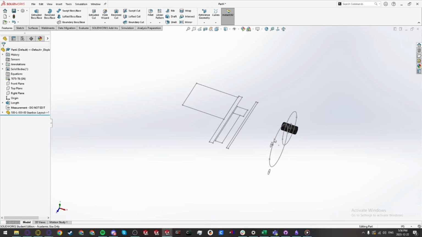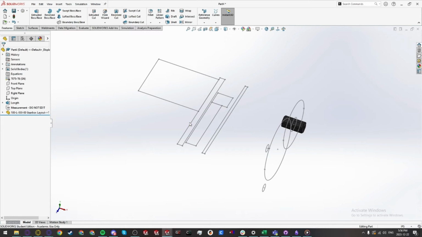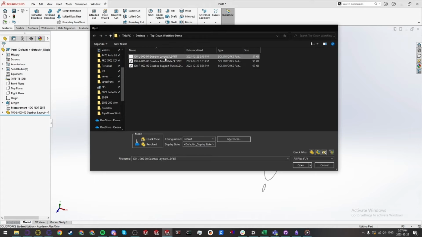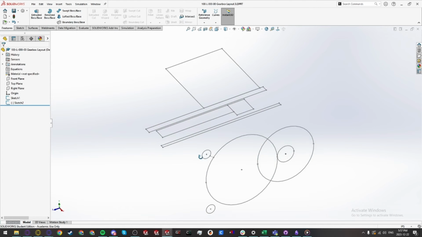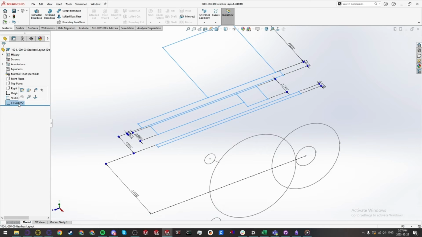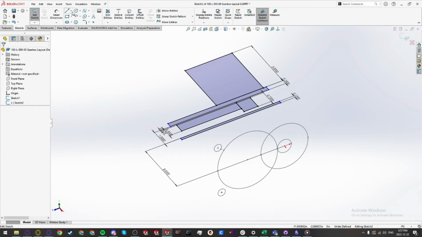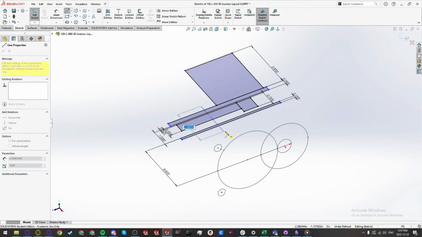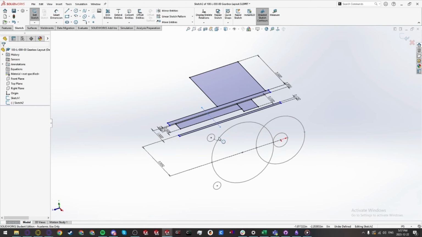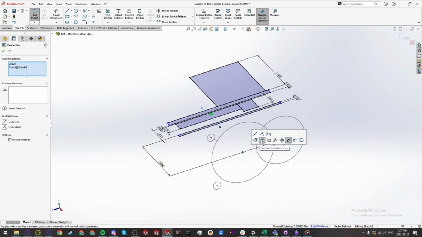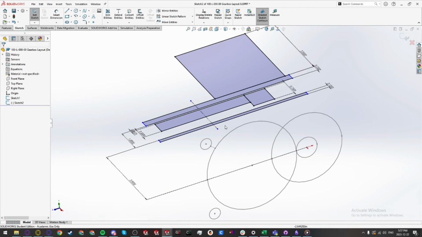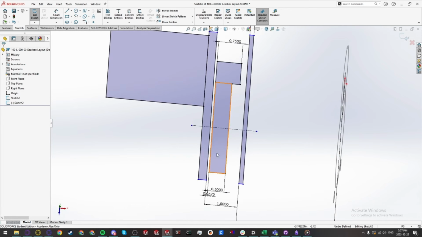The first thing that I'm going to note is that we don't actually have anything to define the length of the hex shaft, so I'm going to quickly add that to my layout sketch. So I'm going to go back to my layout, and on the top, on the third dimension sketch, I'm going to edit this, and I'm just going to add a center line here, which is going to represent the hex shaft. So the center line has to be coincident with where the shaft passes through, and I can also just define